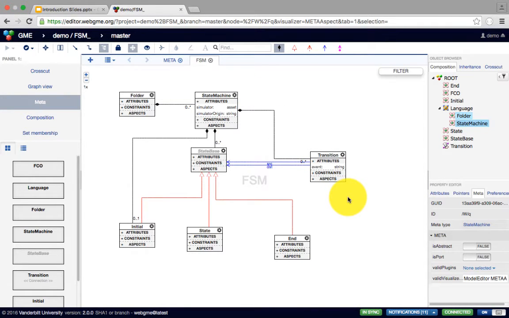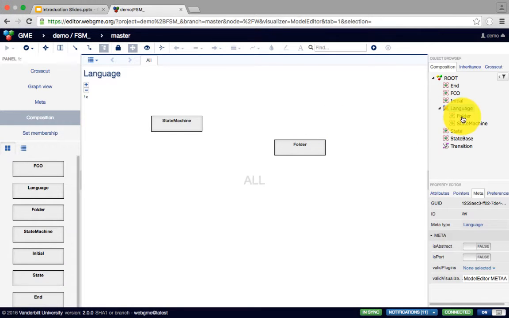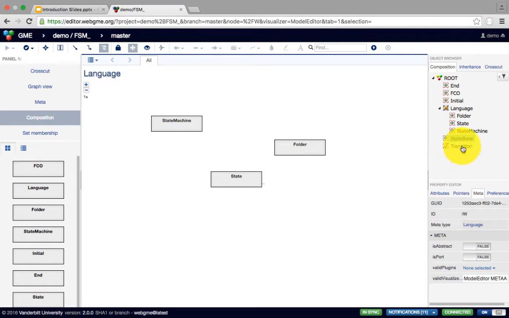And before we drop into the example building, I'd like to show you all the elements we grabbed from the part browser inside the meta editor are actually created under the root. And now I want them to be in the language folder because that's where they should be. So when I drag and drop from the object browser, there's a pop-up window telling me what I can do with it. Right now I would like to move them. So I move